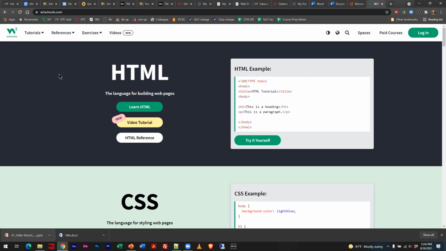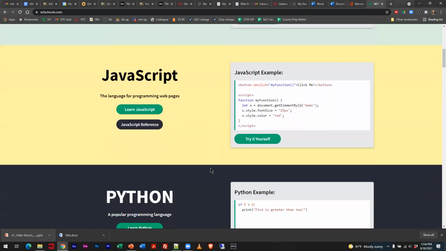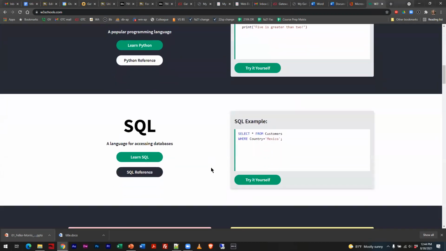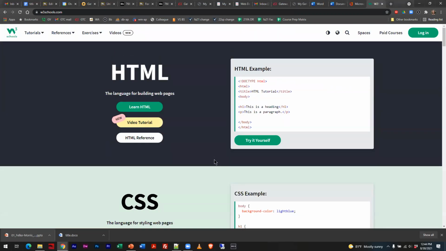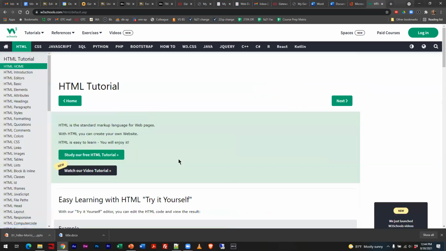Because the point of it is the organization that set the standards has a website where they show you how to use them. So anything you want to know about HTML, CSS, and you know what? A whole bunch of other languages too. You guys seeing this? They're all available here with a complete breakdown of what every HTML tag does and how to use it with examples. And I'll just show you really quickly. Like if you come in here,